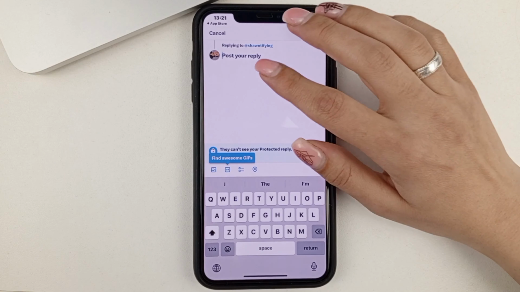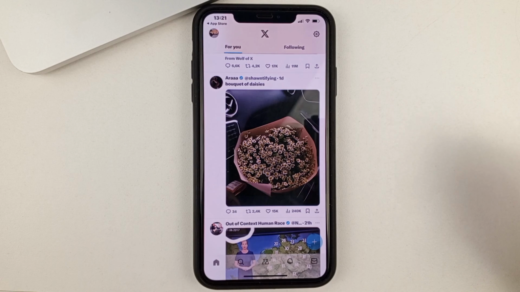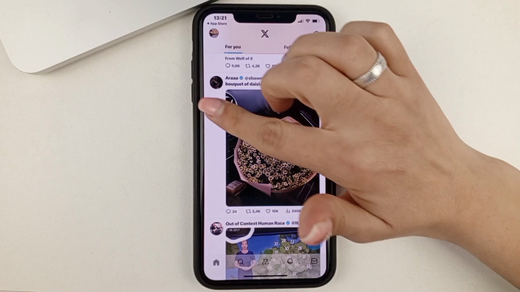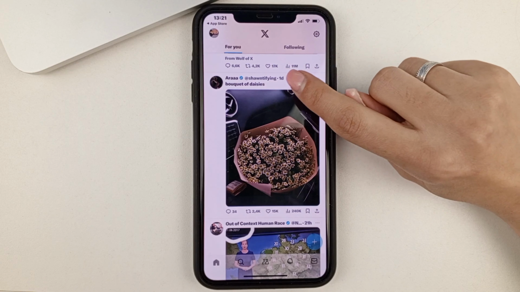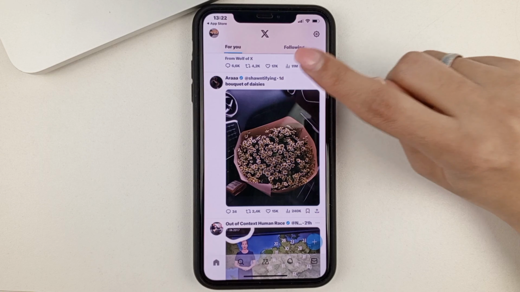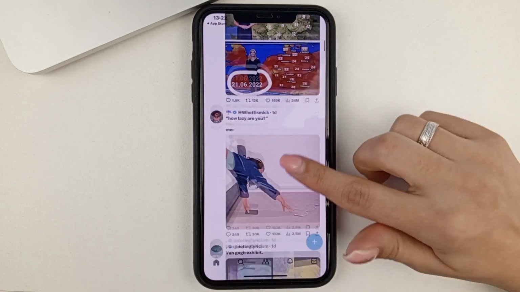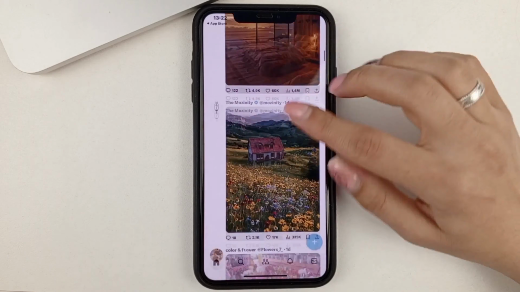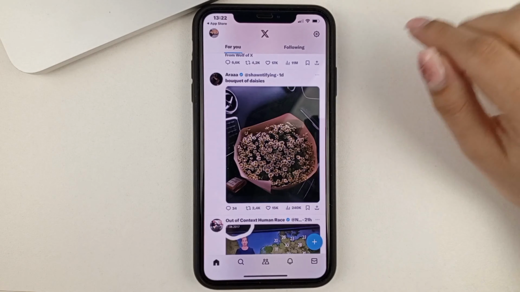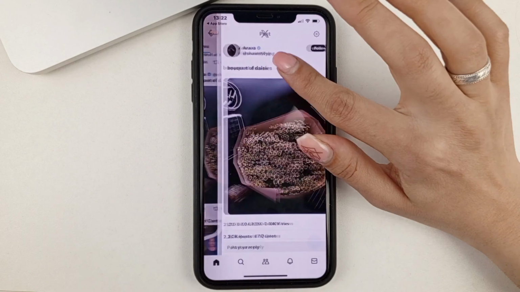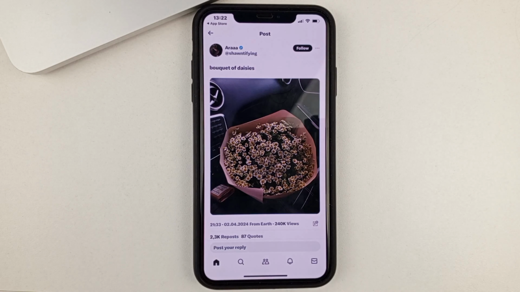In order to see that, you have to click on a post that you like. Only at the top after the username where it says when the post was published. So it could be 21 hours ago, 1 day ago, and so on. It could be 3 hours, 7 hours, and so on. Any time that it says, you just click on that time. And that's how you open that particular post that you liked.